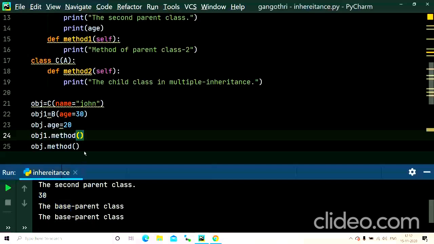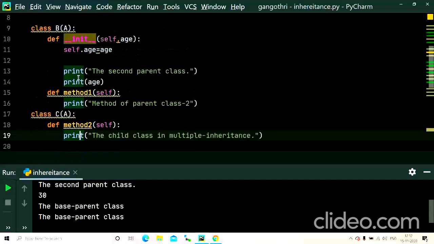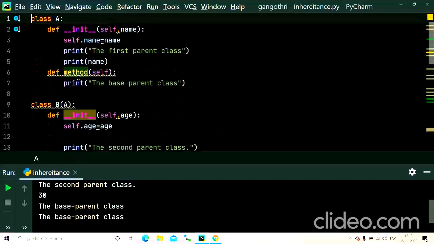Okay, the base parent class has been printed 2 times because we have created 2 objects which are inheriting the method of class A, right? So this is about hierarchical inheritance. The overall concept is nothing but inheriting the properties of a single parent class to a number of child classes.